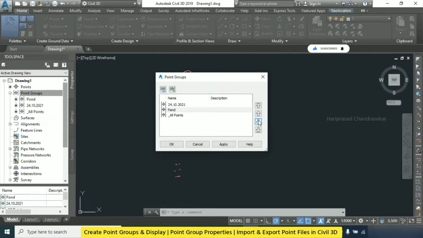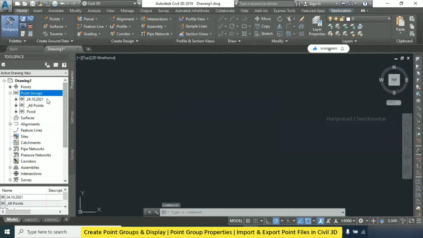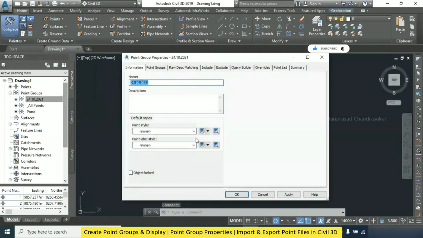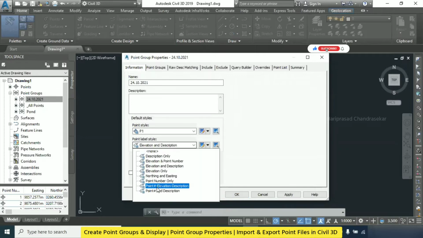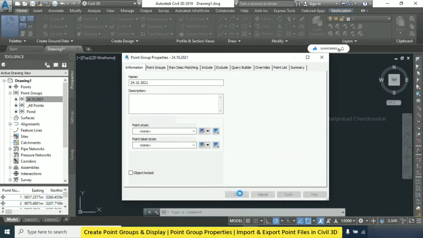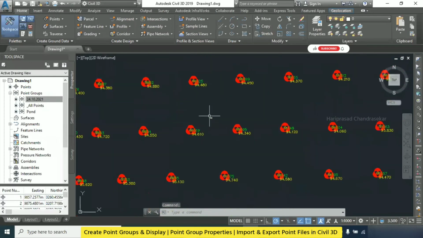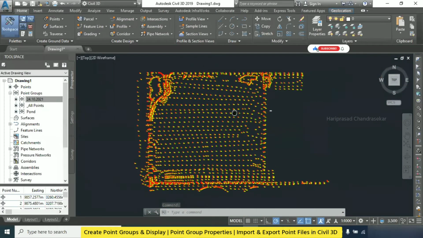If we bring down also, it's like a primary, secondary, that way it's acting. So then you can go to property and see, now you need to remember what we have before. You have created one new P1. Okay. Here also point elevation and point number. I think elevation is fine. I think that's why your system is slow. Too much data. Okay, now you understood, no?